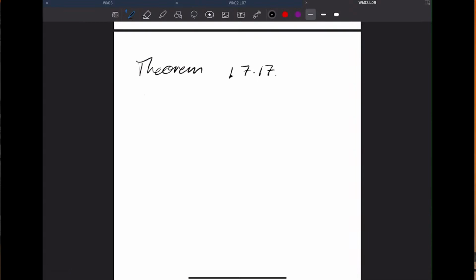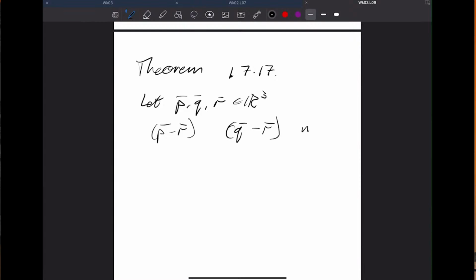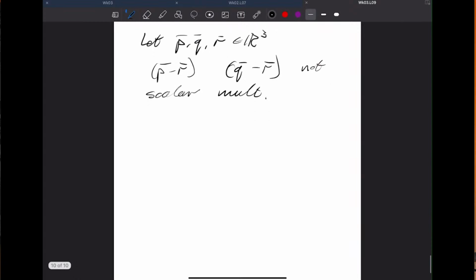So let P, Q, and R be in R3 with P minus R and Q minus R not scalar multiples of each other. Then